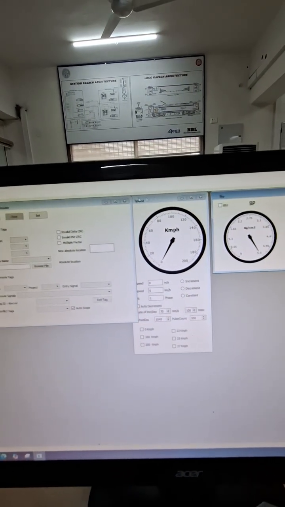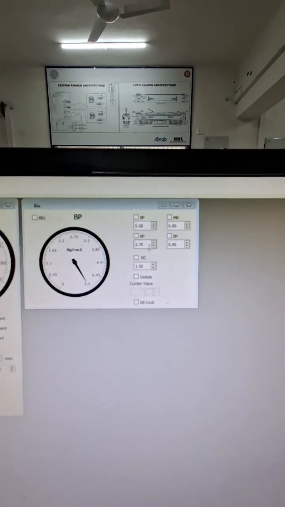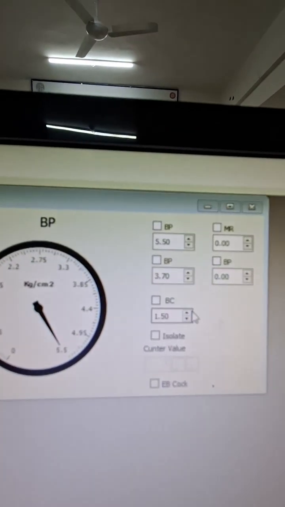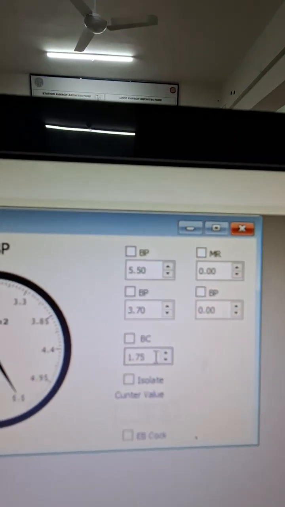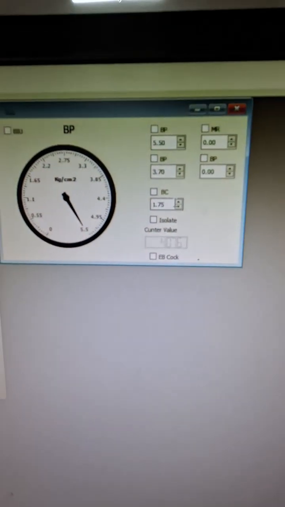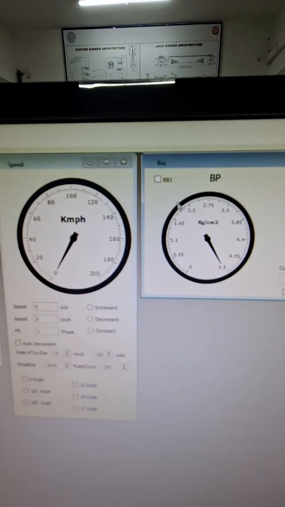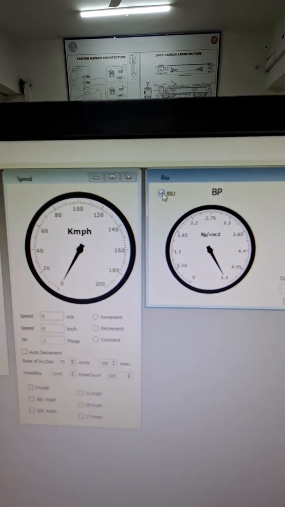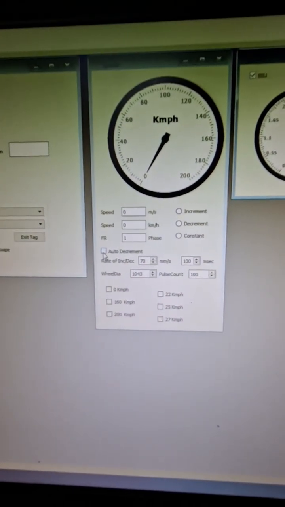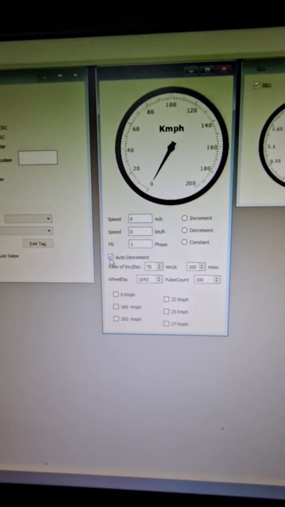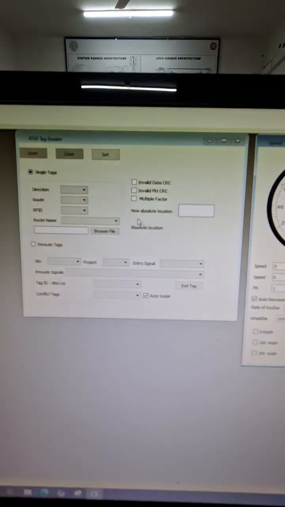So first of all, set the BC value to 1.75 and then click on BC. Next click on BIU. Then here in the speed simulator click on auto decrement, ensure speed is 0, and then